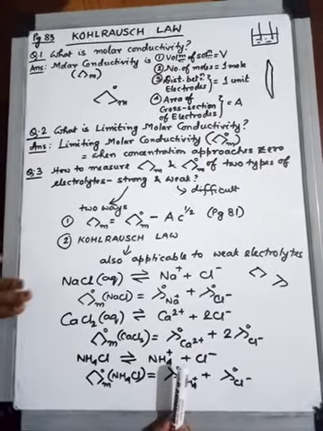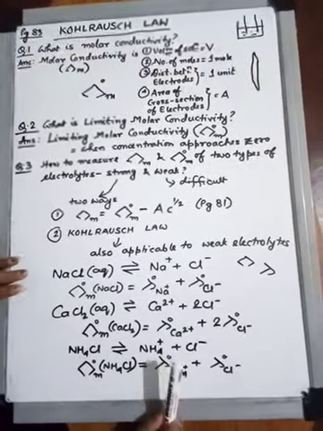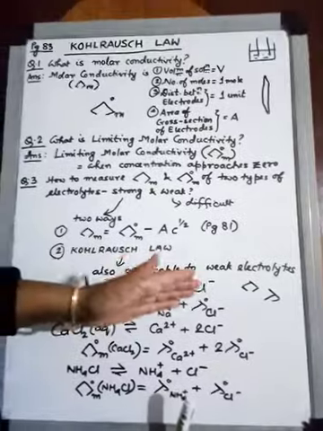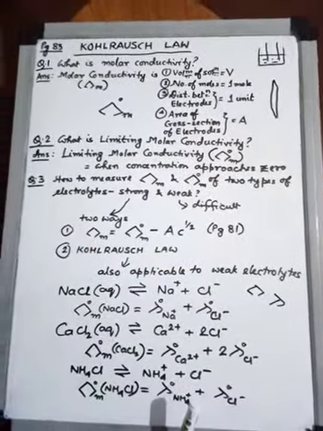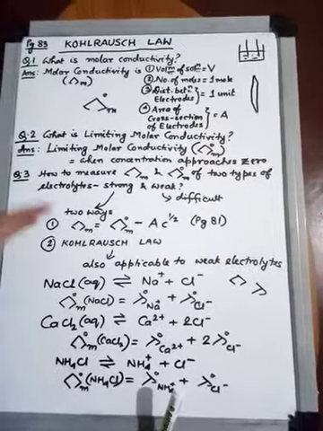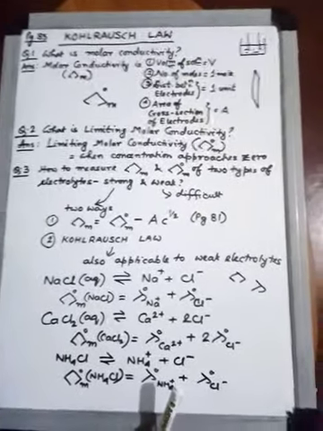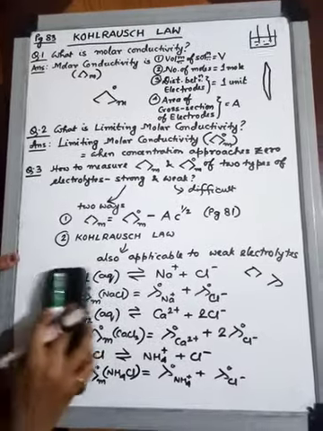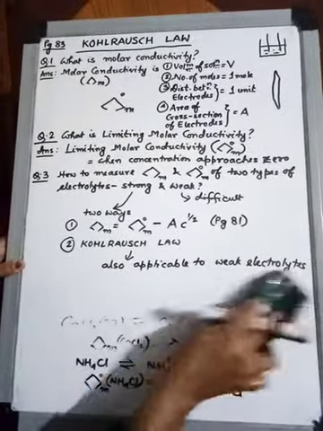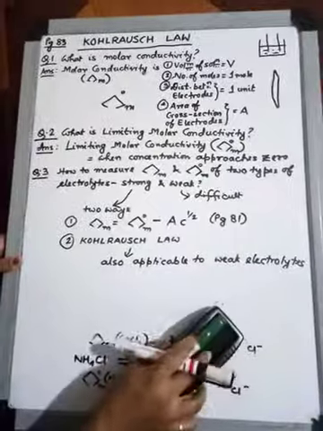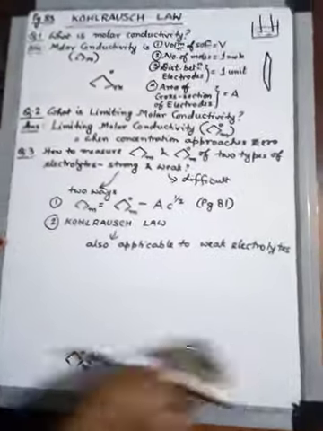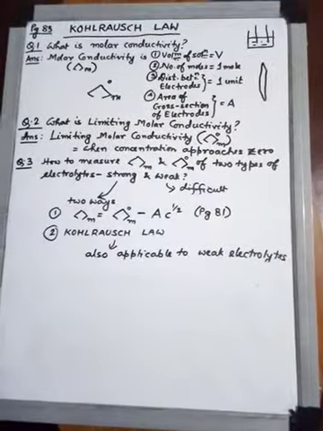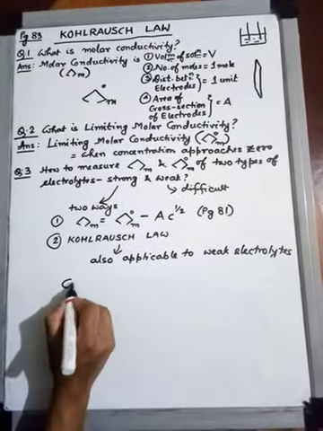Now what else do we have to know about weak electrolytes? For strong electrolytes, we know this is a strong electrolyte. It will directly break up into these two. It will show the conductivity and we can measure it. But what happens in the case of weak electrolytes? Take for example acetic acid. Acetic acid is a very weak electrolyte. If we take 100 molecules, only one of it is going to dissociate. Dissociate in what way?